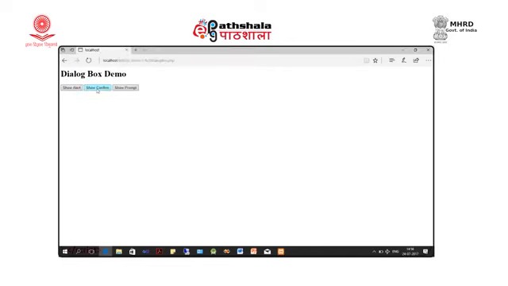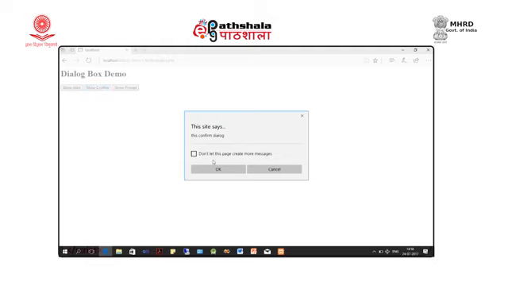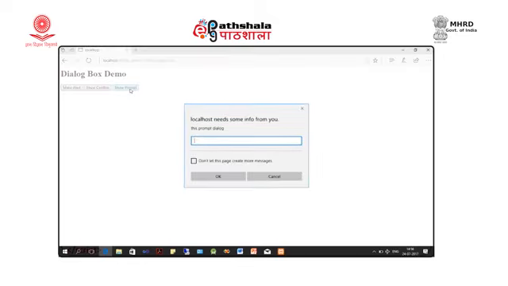When I double click this show confirm, it displays this confirm dialog box with 2 buttons, OK and Cancel, and when I move the mouse over this last button, it displays this prompt dialog. So, here I type my name and press OK.